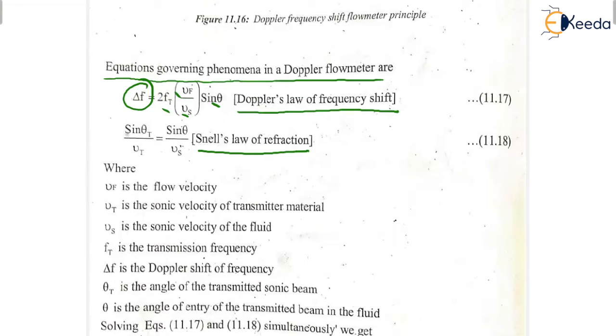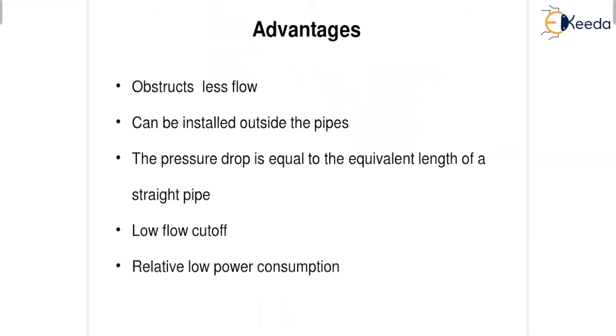These are the two formulas you get from the Doppler frequency shift flow meter. Let us call this one equation one and this one equation two. By doing simplifications on these equations, you are going to get the final equations that I will show you on the next page. What is Vf? The various parameters I have already mentioned in the diagram, my dear students.